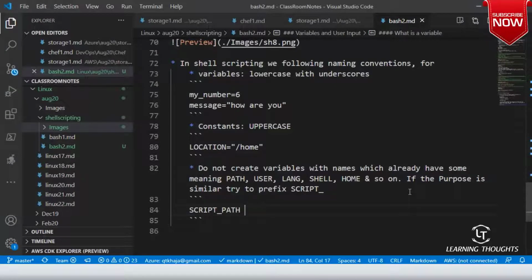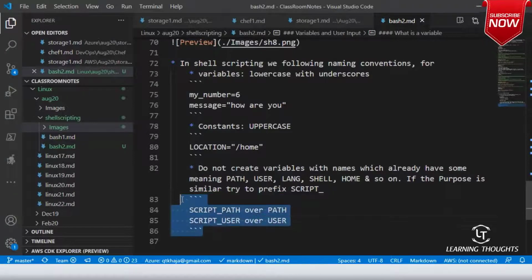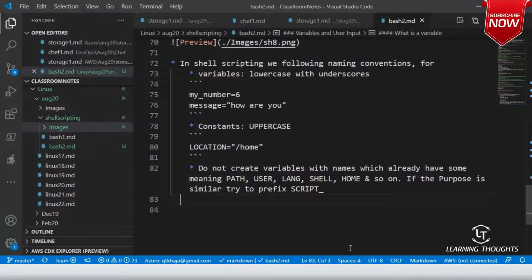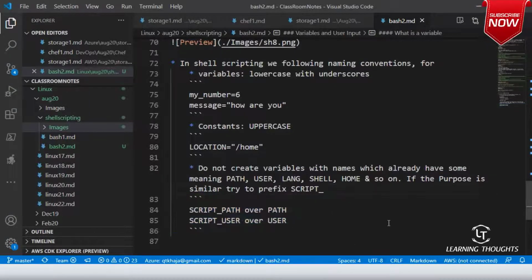Use script_path over the path variable. Similarly, use script_user over the user variable if you want to define something like this. This is what I'm trying to speak about.